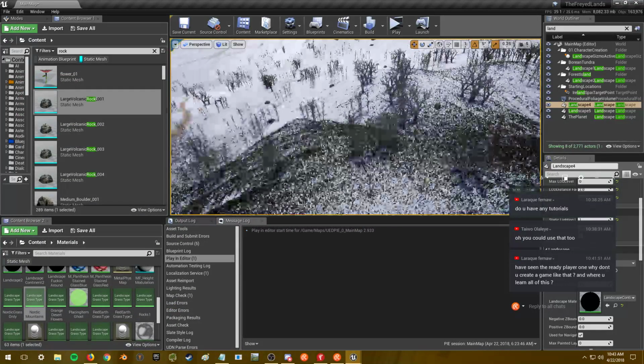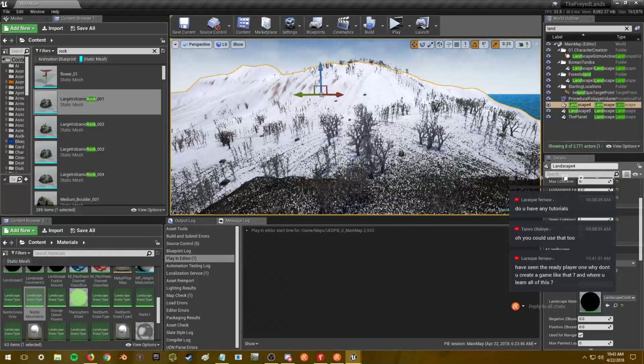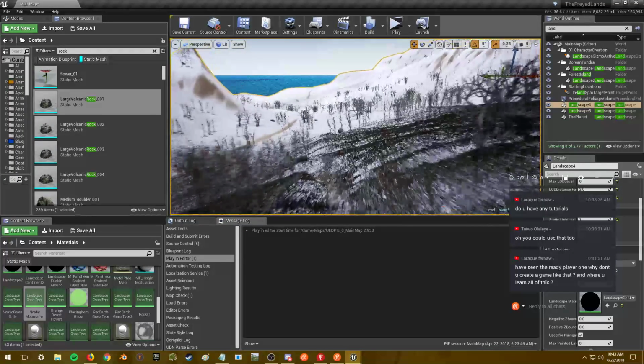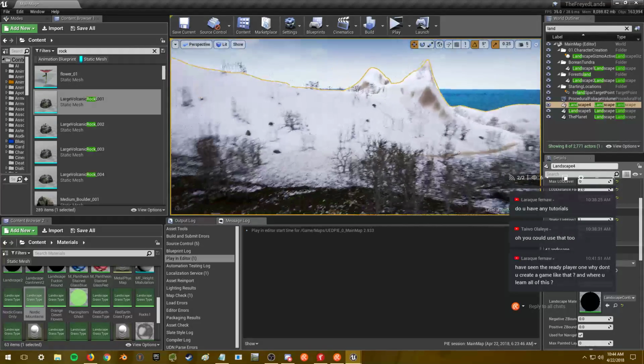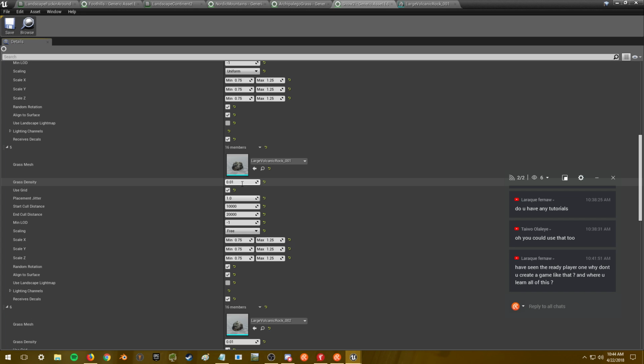I'll leave the meshes kind of semi-ugly for now. Maybe should they be rarer, the rocks? I kind of see a lot of them. It's kind of obvious. Let's go with...